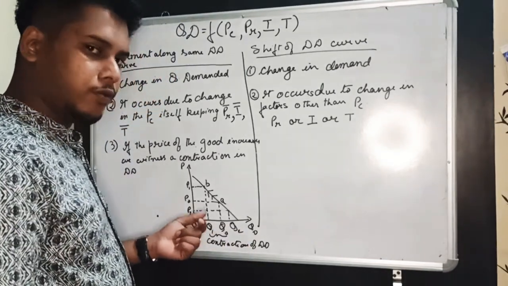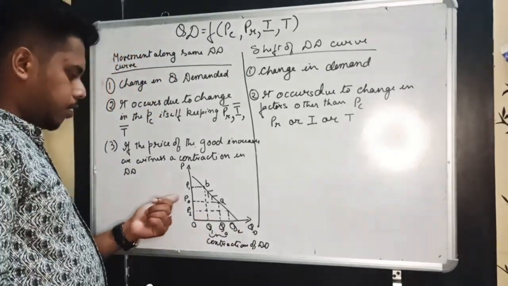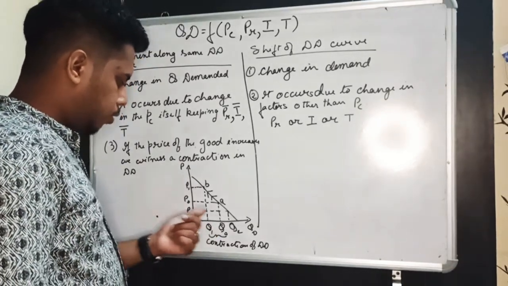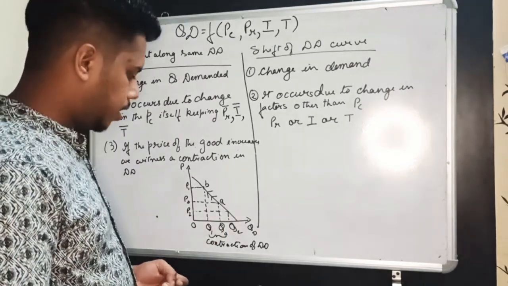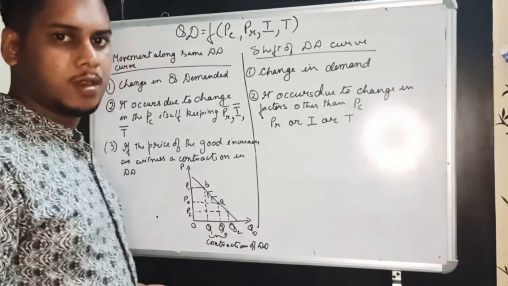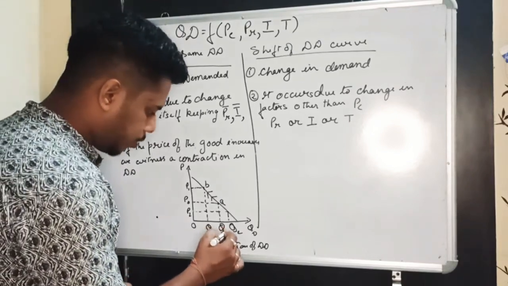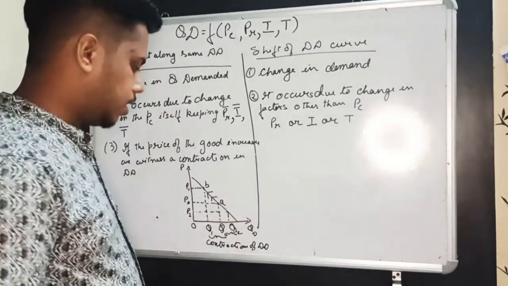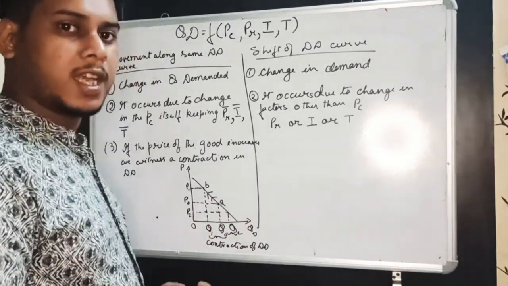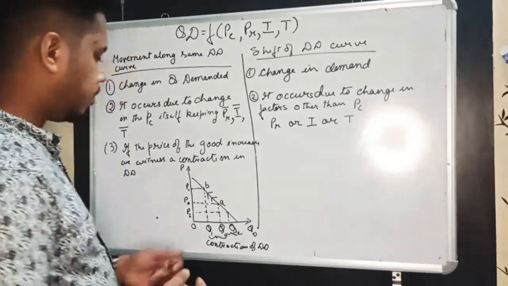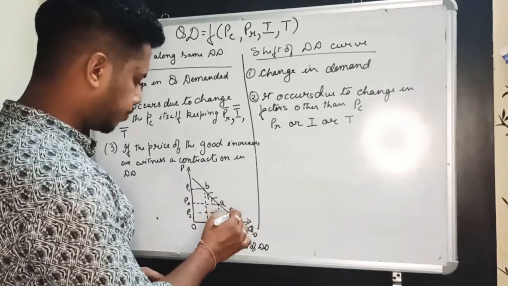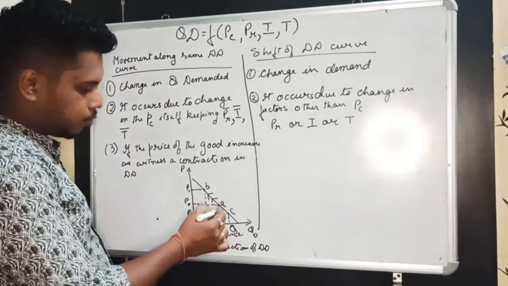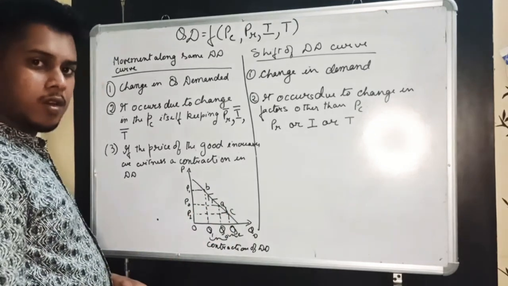So if we compare it with the P0 Q0 combination, we are witnessing that the P2 Q2 combination is showing a higher quantity purchase of the commodity. We are able to purchase more now. So this increase in the quantity purchase is known as expansion of demand. So expansion of demand is caused due to fall in the price of the commodity, and it can be shown by a downward movement along the same demand